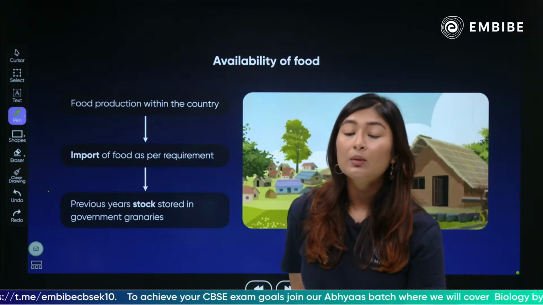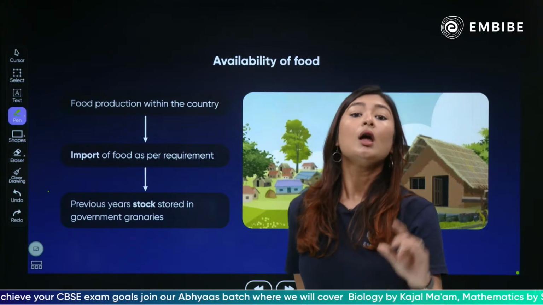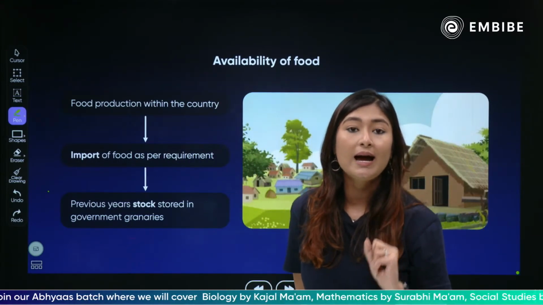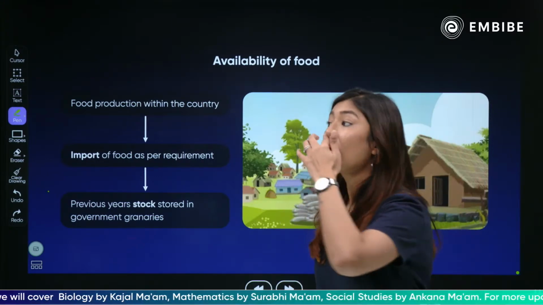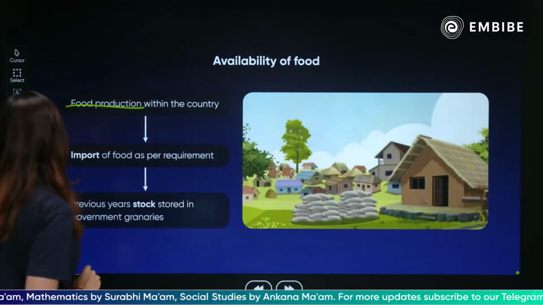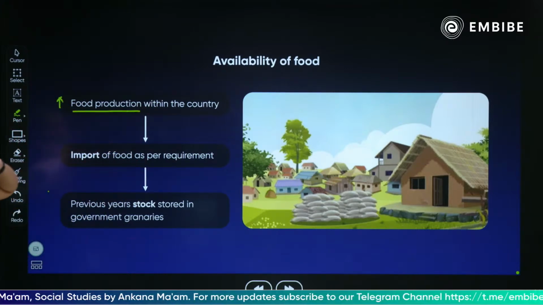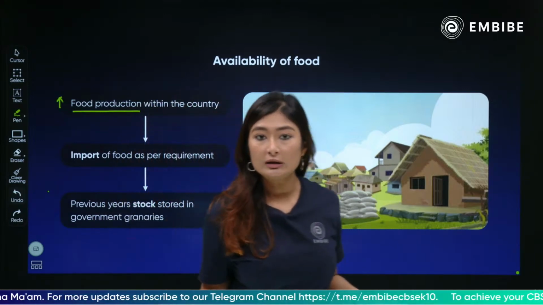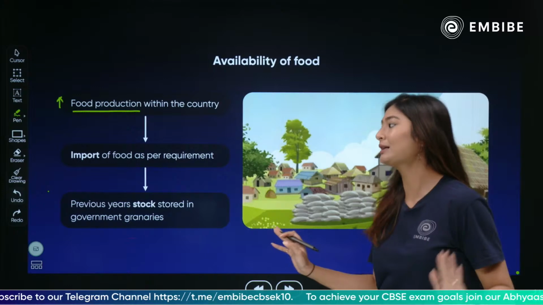Food was available but not for everyone, which means availability of food is very important. जितने लोग हैं उतना खाना होना और उससे ज़्यादा होना बहुत ज़रूरी होता है. If food is less and people are more, it will always lead to a crisis. That is what we mean by availability of food. The production always has to be high within the country in order to make sure that all people have food available for them. Is it clear? Availability of food is clear from French Revolution example.